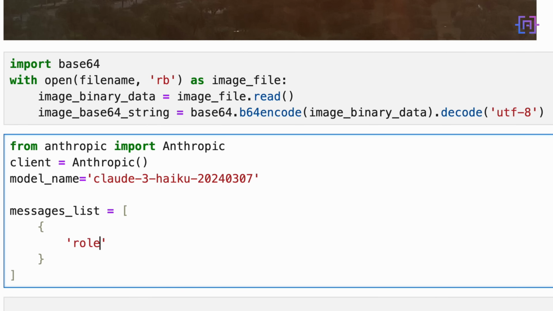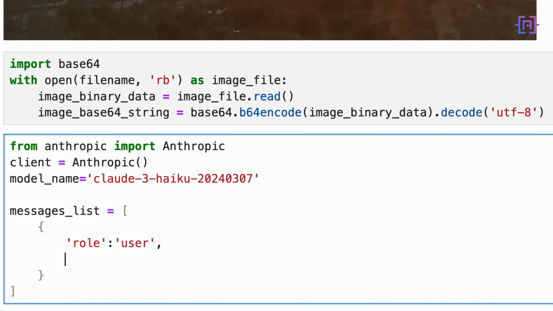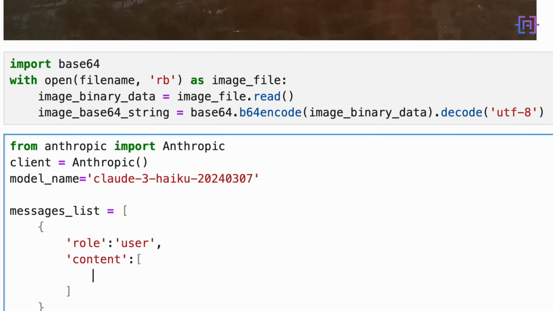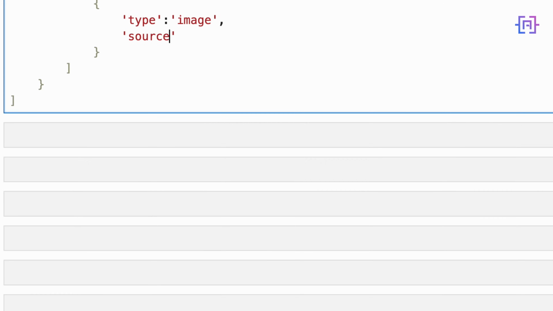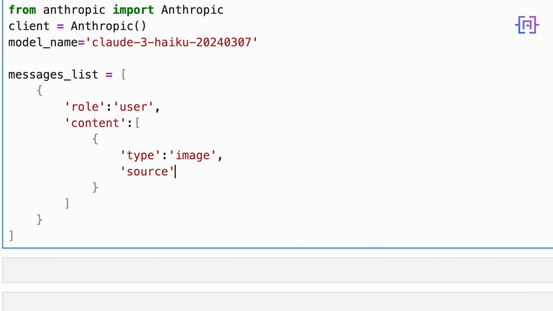For the first one, we are going to have a role, which is going to be equal to user. And for content here, this content is also going to be an array of dictionaries. The first dictionary is going to be of type image and source. Let me scroll up so that you can see. And source is going to be here